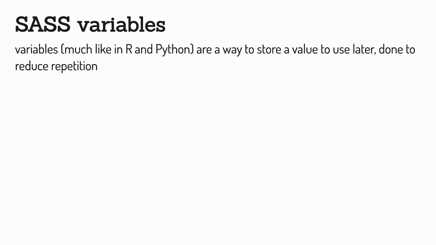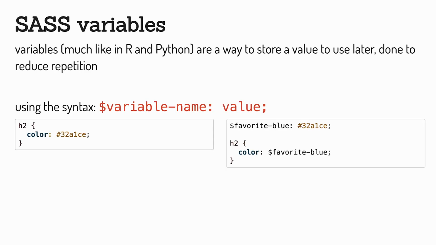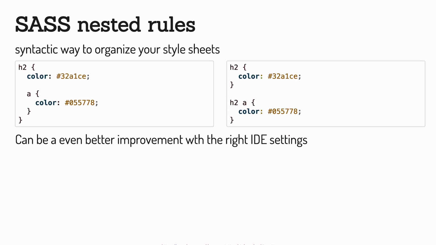So we have things like Sass variables. Much like we have in IronPython, we're able to store a value in a variable and then use it later. And this is very nice to be able to reduce repetition. And the syntax is $, variable name, and then colon, and then what value we want. I end up using it a lot for colors, so we can specify our color theme at the beginning and then use it throughout.